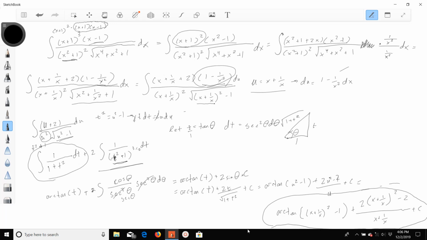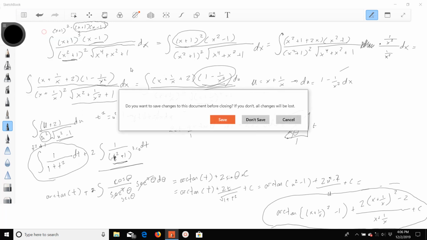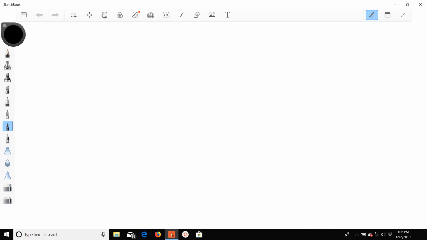Now, let's do one that kind of follows an unorthodox approach using complex numbers. Let's do the integral of cosine of 3 times the natural log of x dx. And now